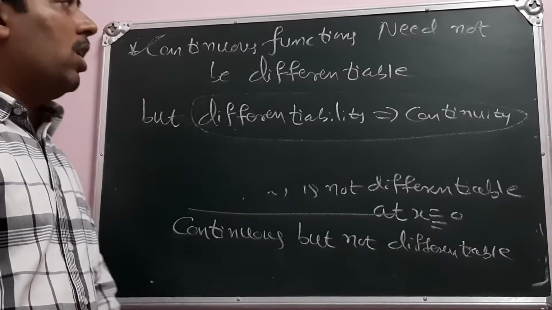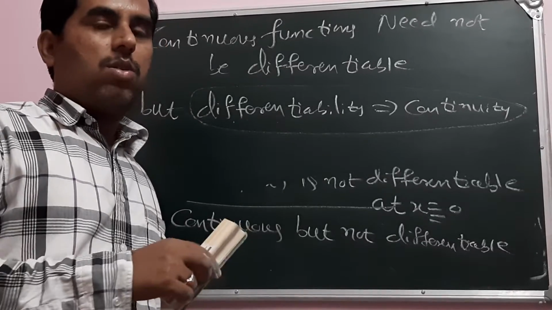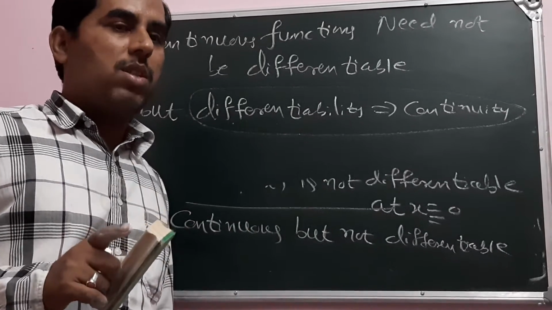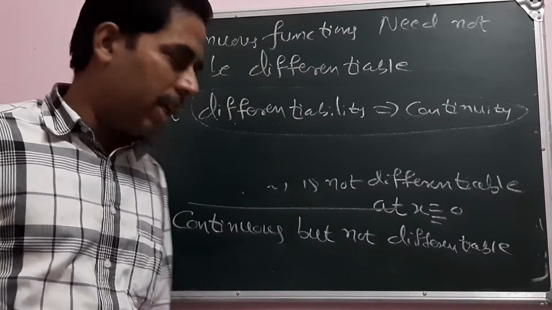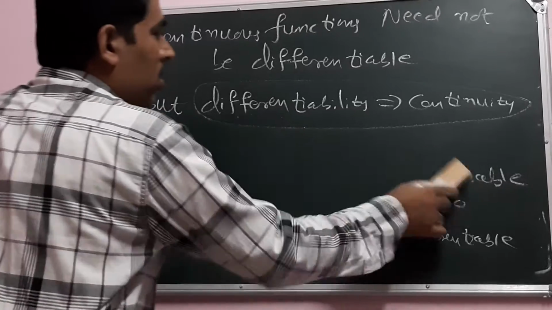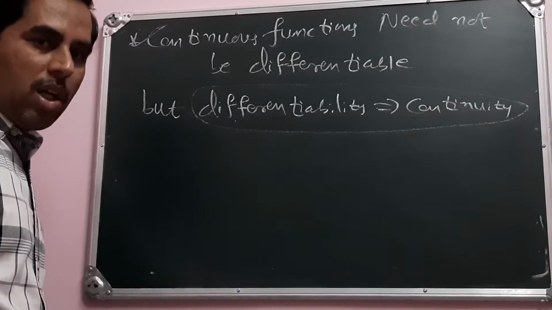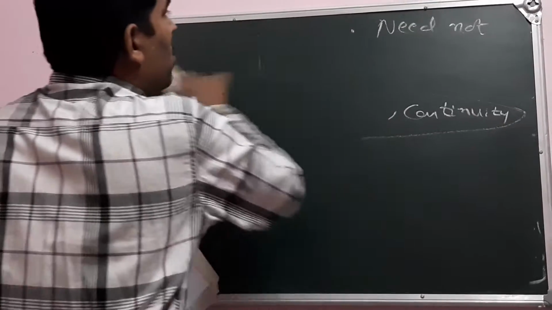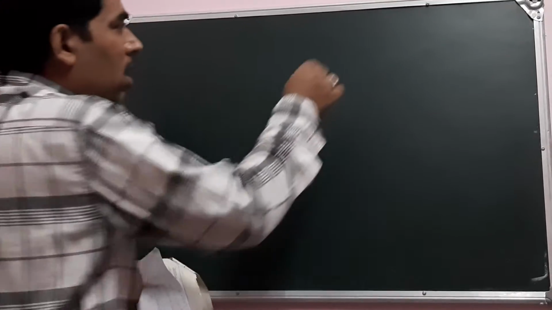So in this way we can test examples for differentiability. In this session we have worked out two problems, and in both cases we have tested for continuity and differentiability. So the conclusion is, some functions may be continuous and either differentiable or not differentiable. So what is the summary of today's session? We have discussed these things.